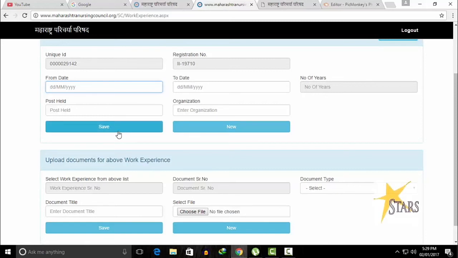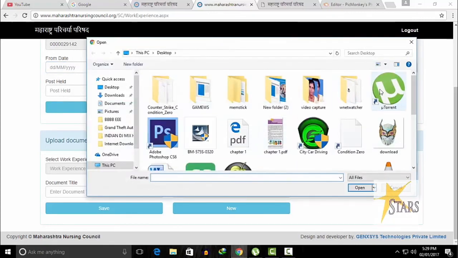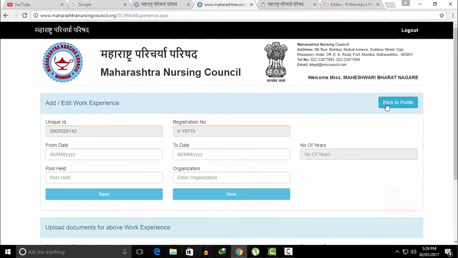After that, if you click on save, it will ask you to upload the documents regarding your experience letter or related documents, which you have to attach from here.